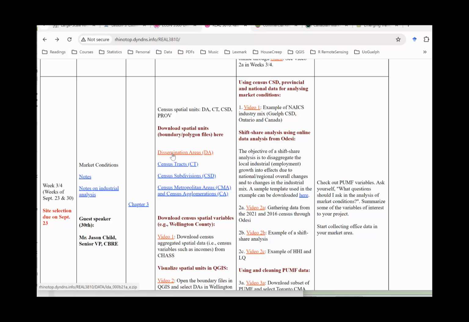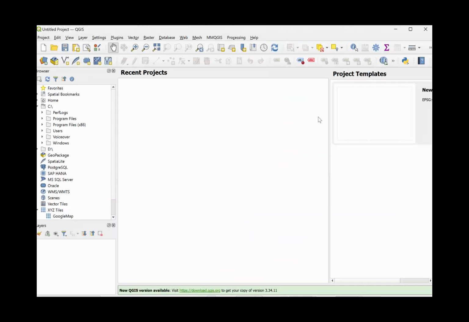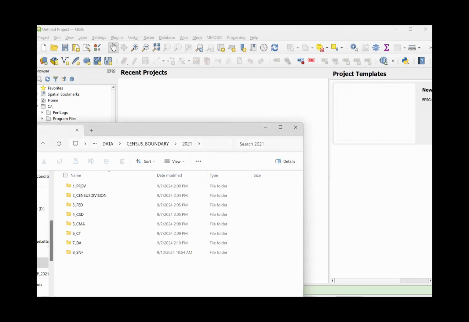These are the smallest geographic units that we like to work with. And the second one is the boundary for Guelph for the census subdivision. So download these two boundary files and save them on your computer. Then open QGIS. So once you have your QGIS opened, the first step is to pull out your census subdivision boundary